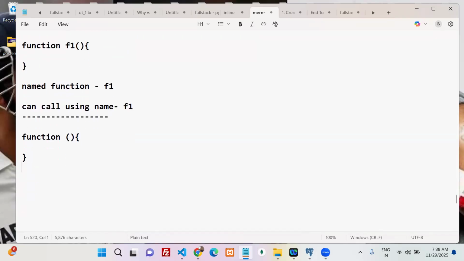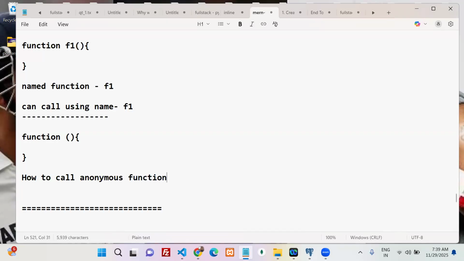Now tell me, okay, this function, can I say it is anonymous? Does it have any name? No. Does it have any name? No. So this function I can call an anonymous function. If the function is anonymous, how many ways can we call it? Okay, how to call